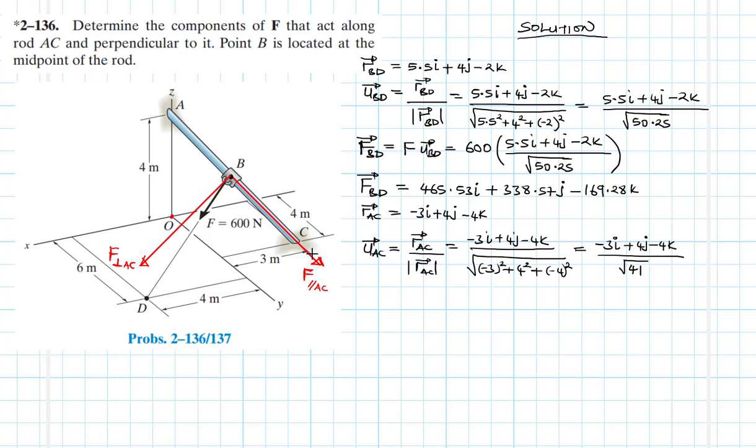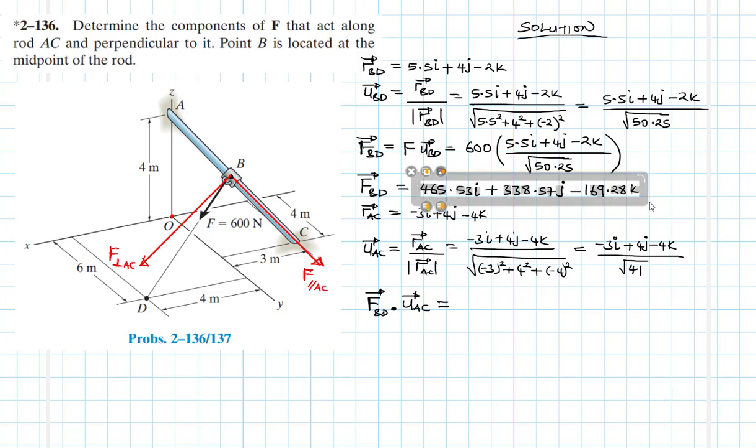And from that information, we'll be able to calculate the perpendicular component. Okay, so this is the expression. So we do the dot product. We are going to say force vector BD dot unit vector AC, right? Unit vector AC, this is going to be equal to,